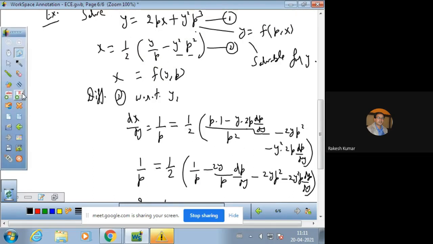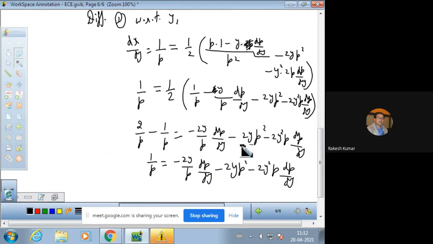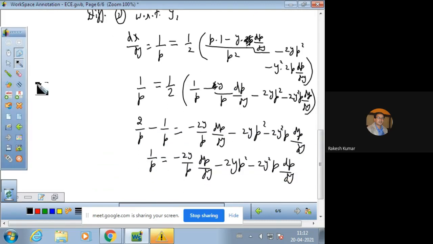Okay, a little mistake is there. Please rectify. When you are doing the derivative with respect to y of a u over v formula here, this is y over p, this one, y over p. So p square, p into 1 minus y, derivative of p will be dp over dy. So this 2p will not be there. And this is creating a problem. So only y will be there. And a mistake is there, so you will rub this step.